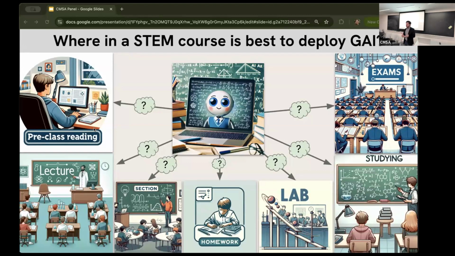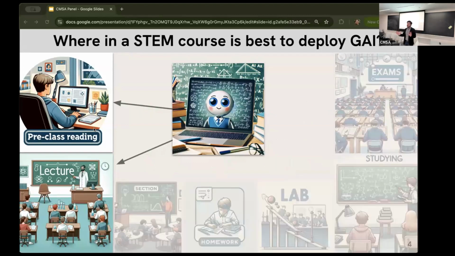Let's not worry too much about it giving an answer, say, on a homework problem. We'll just employ it in the beginning, when students are just learning. It can generate a bunch of the initial content and the students can interact with it that way. And another reason why this is good is because there are challenges with the pedagogy to introduce students to material without AI. So in a science class, a STEM class,